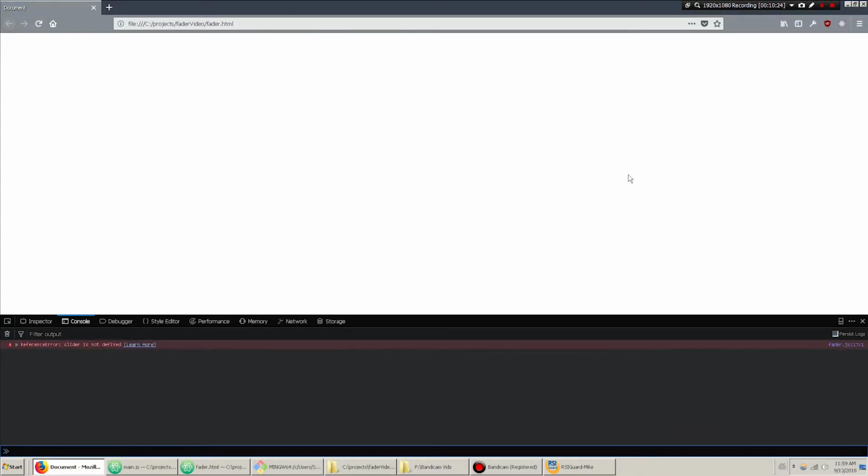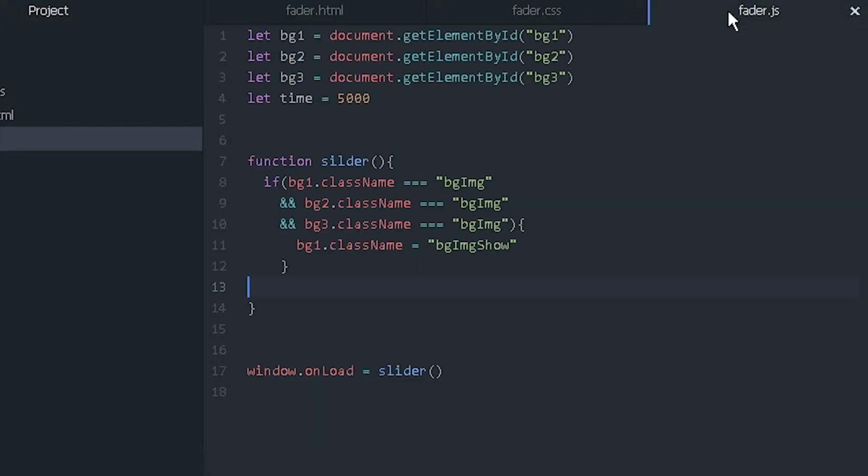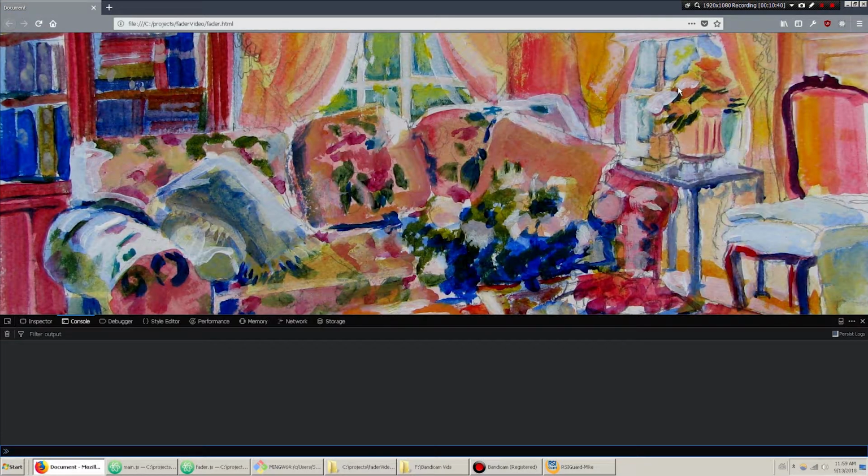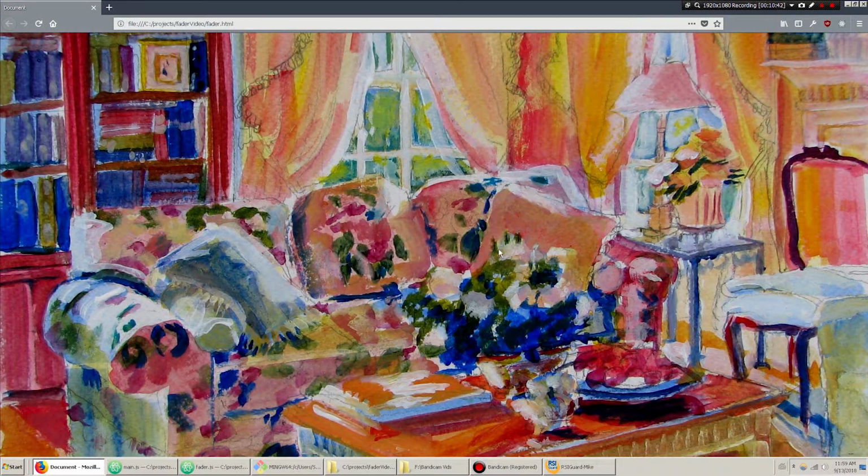Slider is not defined. Maybe I have to write it like this. There we go. Okay. So now when the window loads, it's applying that class to that first image, but it's